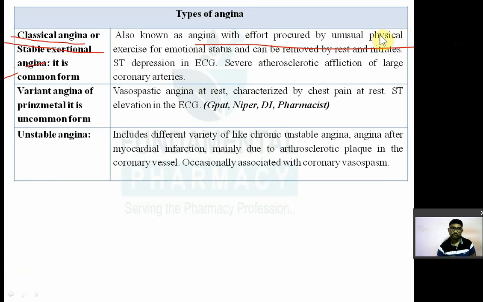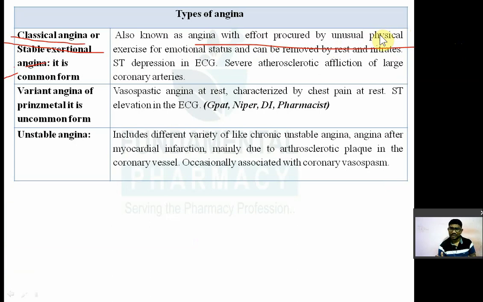So अगर आपने बहुत ही स्ट्रेनस एक्सरसाइज किया और अचानक एक्सरसाइज किया, जैसे मान लीजिए कि 2 साल तक आपने कुछ जिम में गए नहीं और अचानक जाके 50 kg उठाया, तो उसमें क्या होता है कि आपका कोरोनरी वेसोस्पाज्म होता है. कोरोनरी वेसोस्पाज्म आने के बाद आपको चेस्ट पेन होता है. दैट इज नोन एज अ क्लासिकल एंजाइना और स्टेबल और एक्सर्शनल एंजाइना.